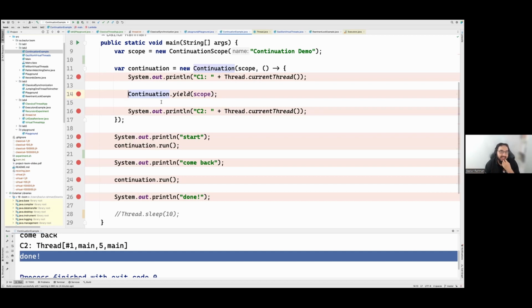So the idea is, let's say I have a classical or platform thread, and I give it a virtual thread to execute, and it's executing, and whenever it sees an I/O operation or blocking operation, it suspends itself and goes away from the picture. So now the thread is free again. So it can pick another virtual thread and keep executing, and when it hits a blocking operation, it suspends itself. So let's say it's an I/O operation, right?